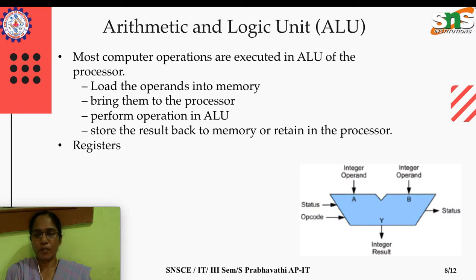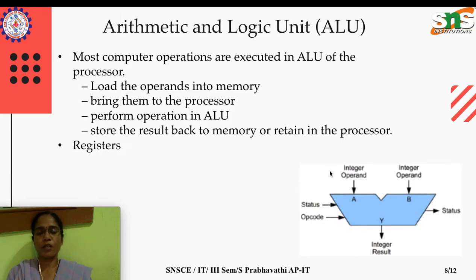If the information is stored in the memory, it needs to load the instruction and operands. Operand means values. For example, if we add 5 plus 10, 5 and 10 are operands. That information must be fetched from the memory and loaded into the ALU registers. So 5 and 10 are the operands, and the operation here is add. That's the operation code, the opcode. So we need to bring the data from memory or directly from the input device to the processor.